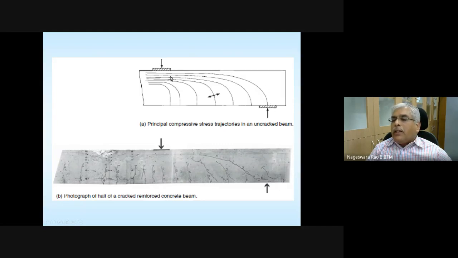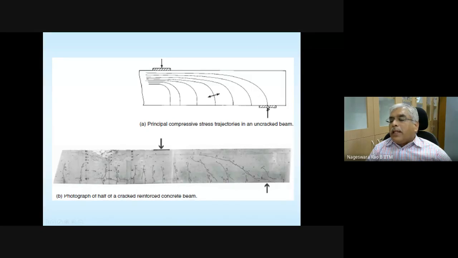You can draw trajectories like this. You can see at the midspan, this is like half of the beam. At the midspan, this crack is going to be, as we just noted, perpendicular. Please note that this is a homogeneous uncracked beam. So below the neutral axis is going to be in tension, above the neutral axis is going to be in compression. So at the point where it is initiating and beyond that for a while, it's going to be perpendicular to the length of the beam. And as you come near the supports, the orientation is almost going to be at 45 degrees.